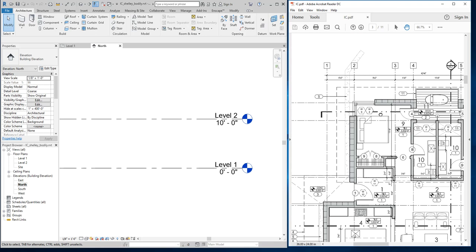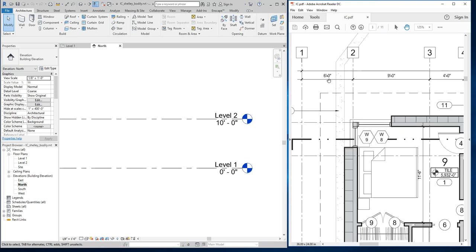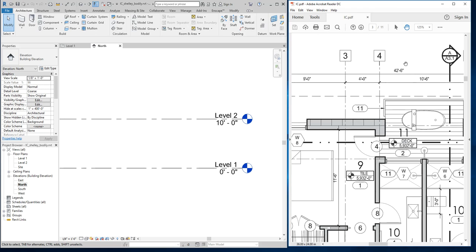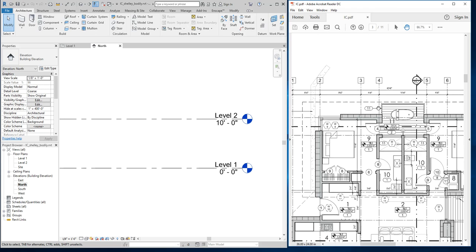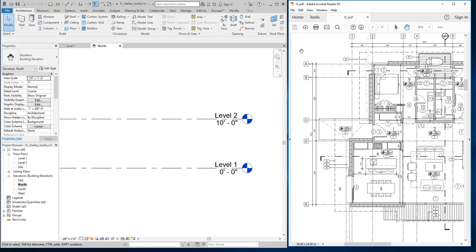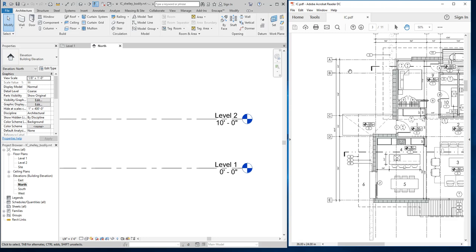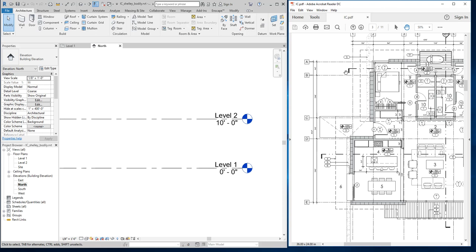Okay, so these grids will give us dimensions. We can look at them and see dimensions between them, of course. We can see overall dimensions that we want to achieve. There's also going to be horizontal grids here, so A, B, C, D, E, and those, of course, also relate to lines of structure. And of course, they have dimensions as well. I'm saying all this because for this house, you want to find the dimensions of it